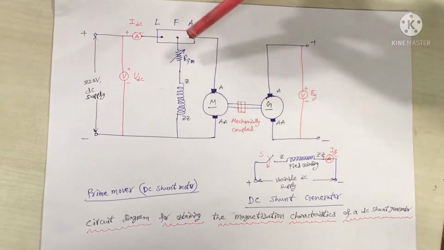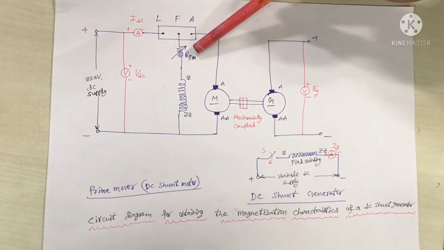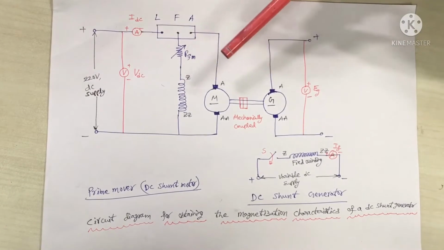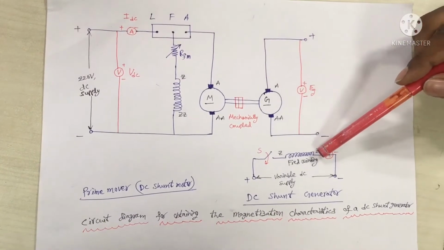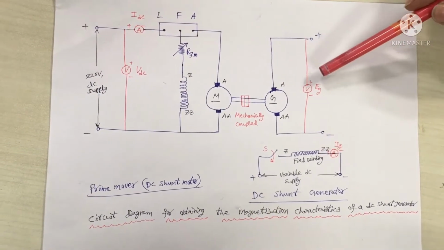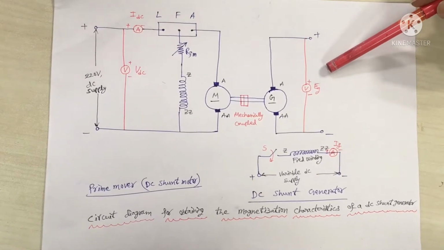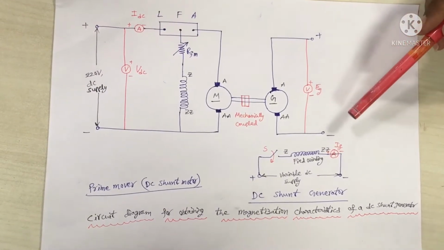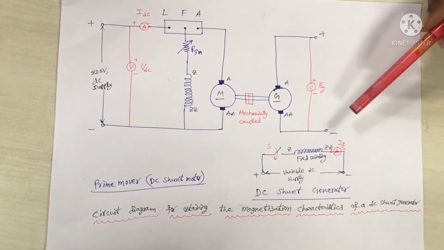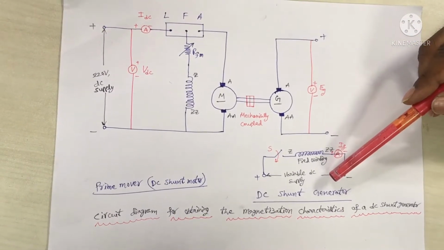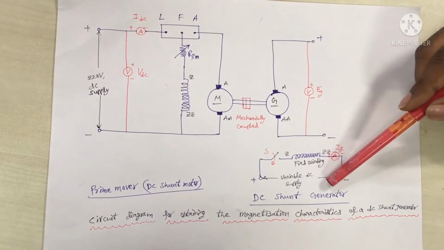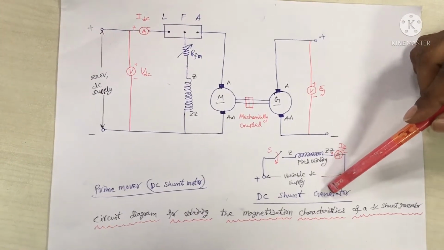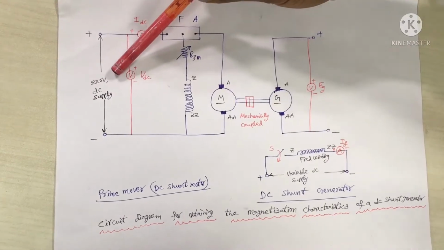set the prime mover speed to 1500 rpm by adjusting the external field winding rheostat, and then note down the field winding current and then the voltage across the armature winding terminals of the DC shunt generator. After noting down all the values, minimize the single phase auto transformer output to minimum value and then switch off the supply to the single phase variac as well as the prime mover.